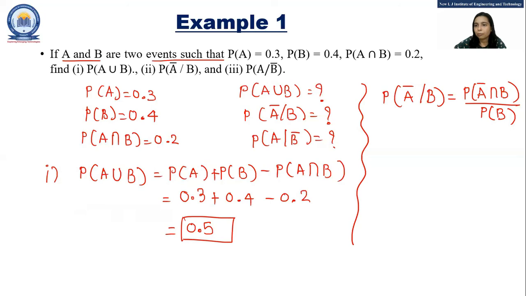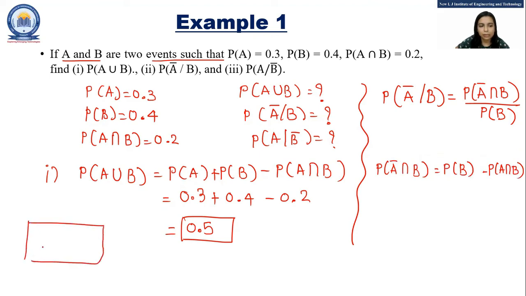Now here we have to find the value of P of A bar intersect B. So over here P of A bar intersect B is written as P of B minus P of A intersect B. As we have already discussed this part in the previous lecture in the Venn diagram during the proof of different theorems, this is A and this is B. Sorry, this is A intersect B bar, this is A bar intersect B and this is A intersect B. So P of B is A intersect B union A bar intersect B. So we can write P of A bar intersect B is equal to P of B minus P of A intersect B.